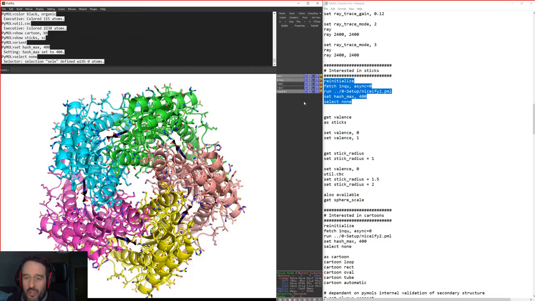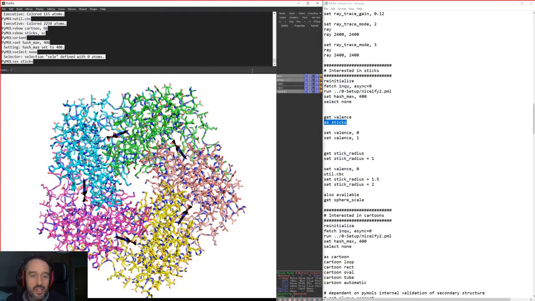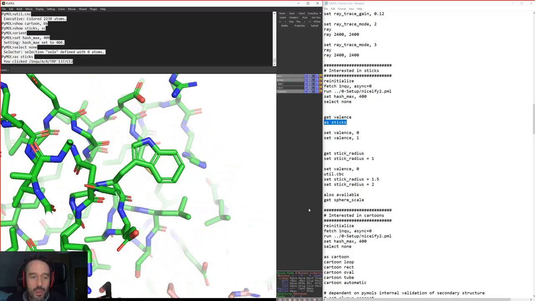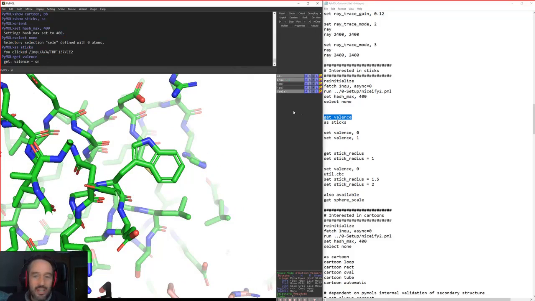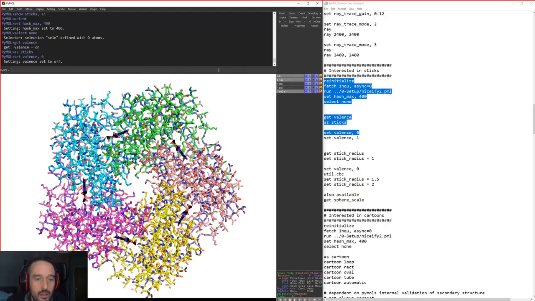So for example, we'll just bring in a new session here. Let's just show everything as sticks, and then here we can get the valence. Here we have our valence on, and what we can do is set our valence off, for example. Let's try that again.